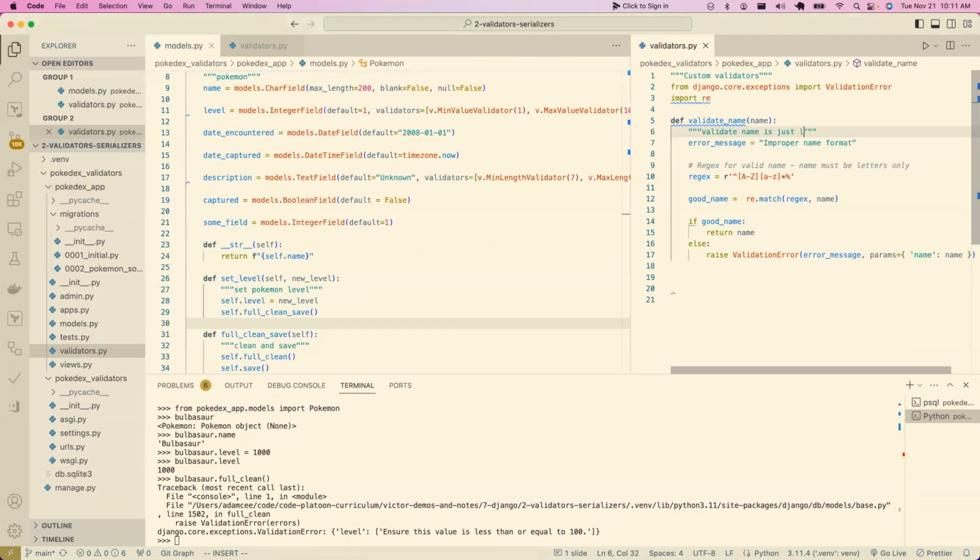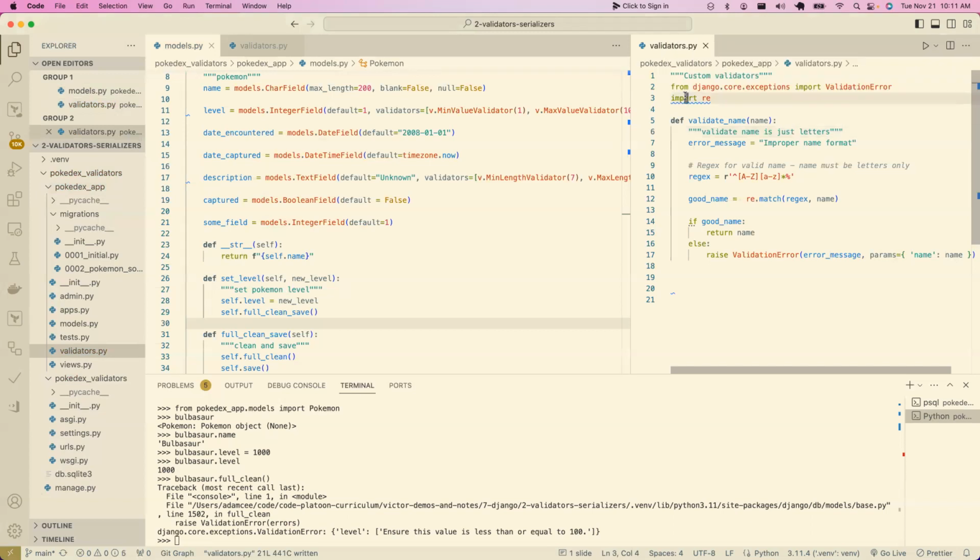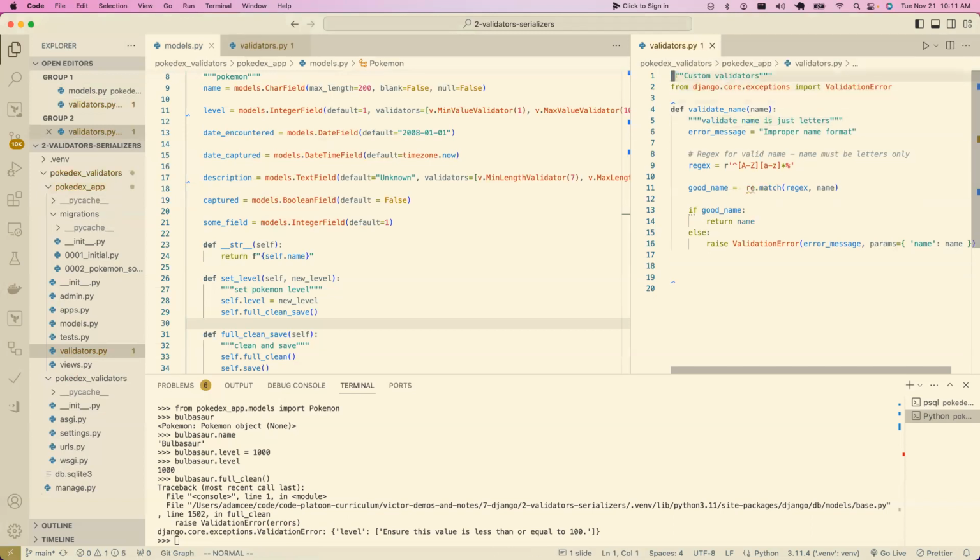Validate name is just letters. It just wants a dot string. And this is, oh, and in fact, I have Python. There is sort of